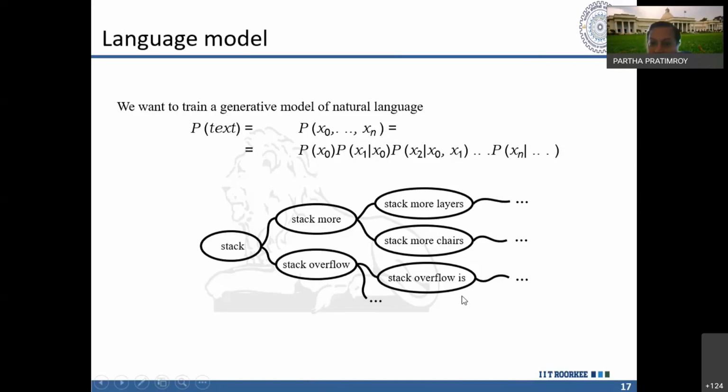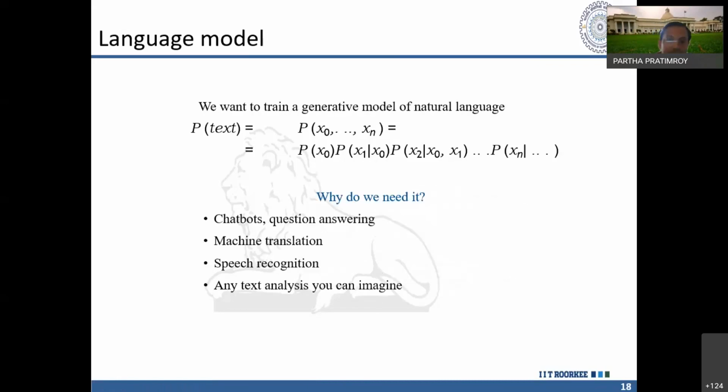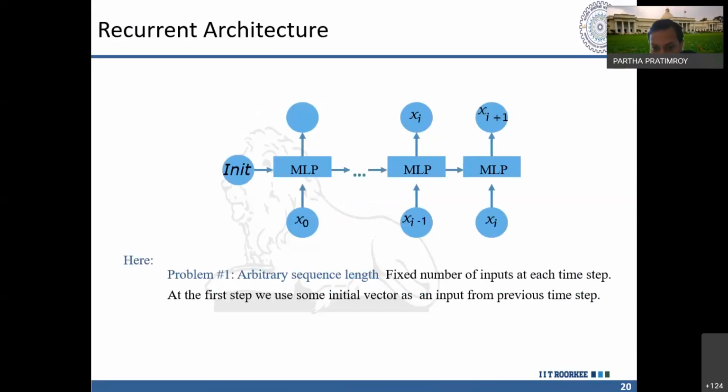What kinds of words you choose will accordingly change the whole series of the data. So this is useful everywhere: chatbots, question answering, machine translation, where you say some English words and they are translated into Sanskrit, speech recognition. Everywhere you will be using sequence models: recurrent neural networks, hidden Markov models, all these machine learning paradigms. Now, how does it work?